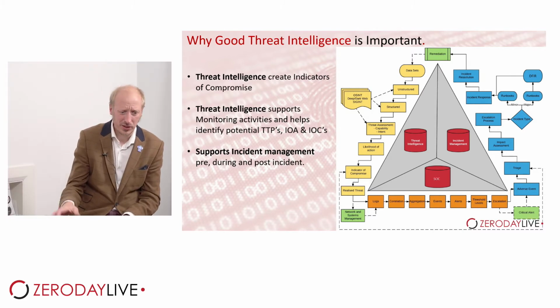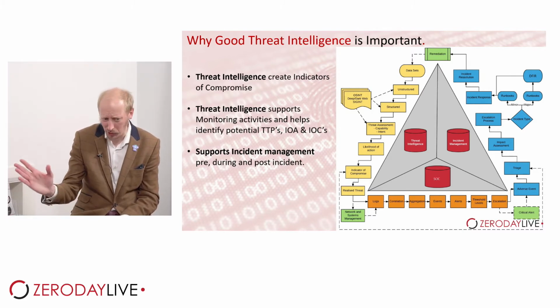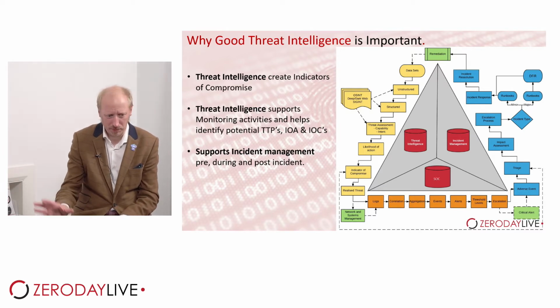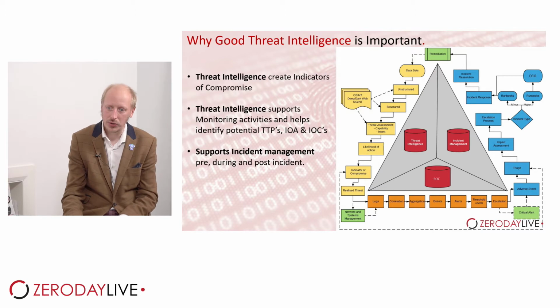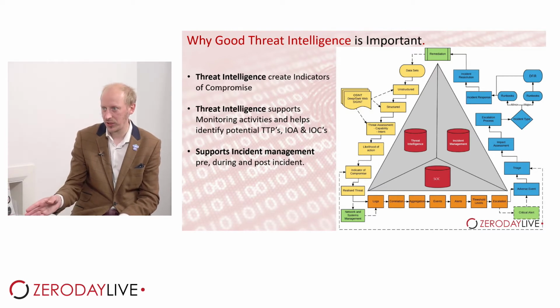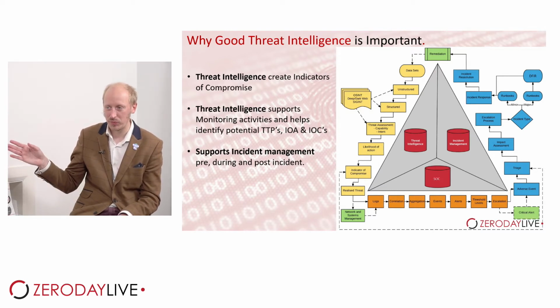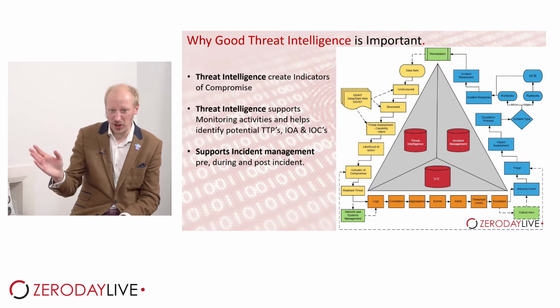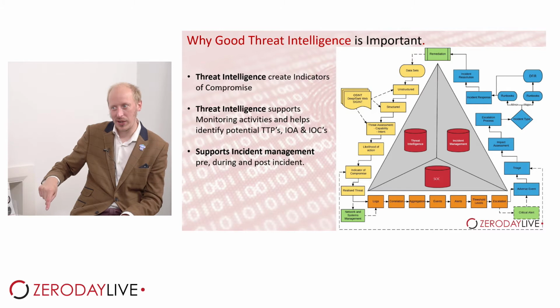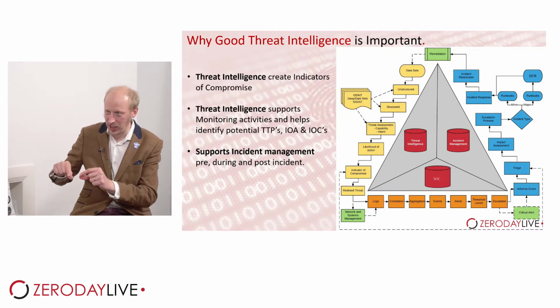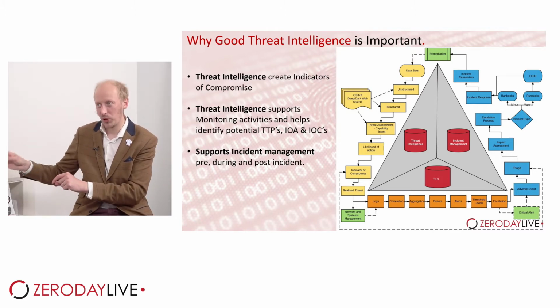Yeah, for example, we can start thinking about things like Qbot, which are really big at the moment, right? So Trojans and malware and things like this. But we can actually start saying, well, what are the common areas where this attack will exploit, and what files? So we can say, well, these Windows processes, if we see any DLLs execute against those processes, System32, such and such, against this file path, we know we potentially have a compromise. So we've now got granular detail to say we need to monitor for that, right?